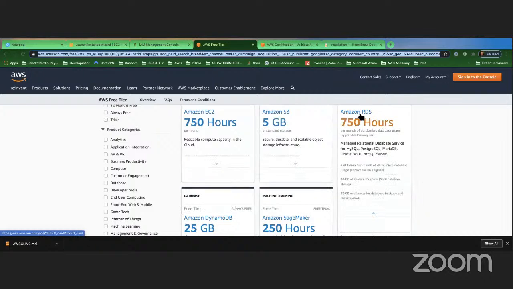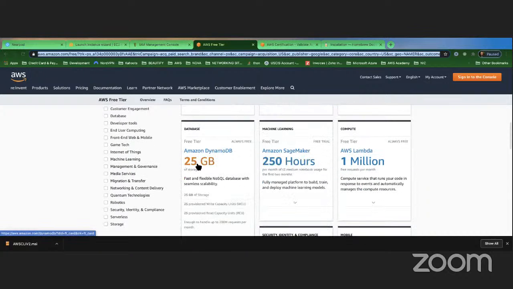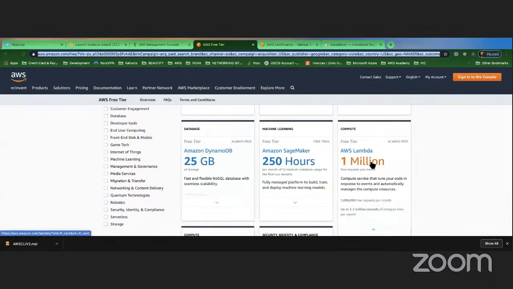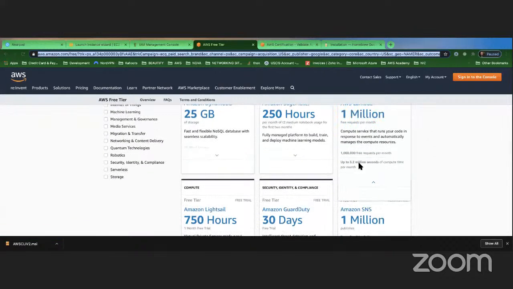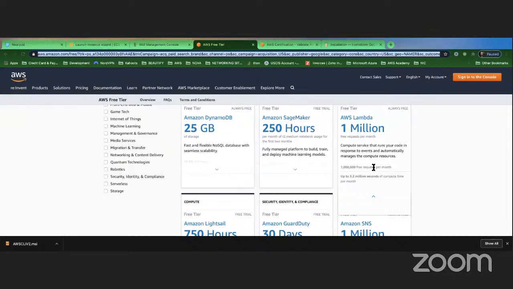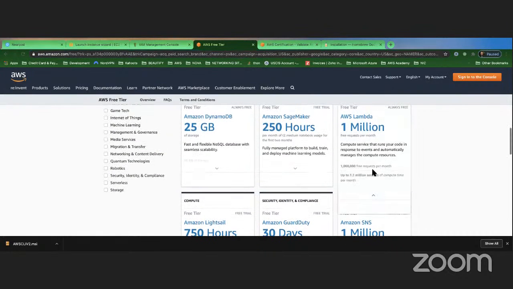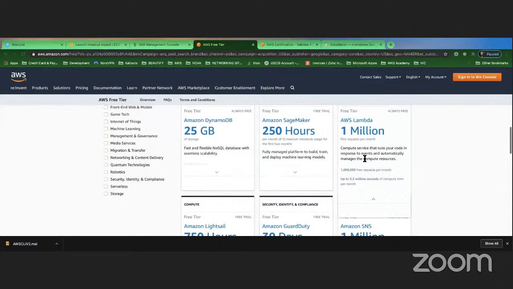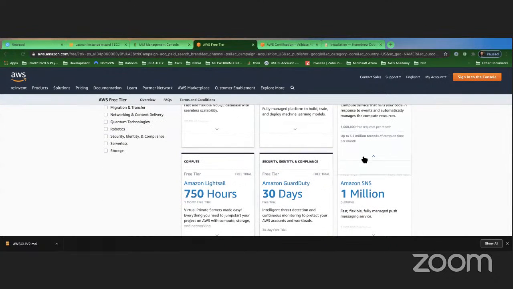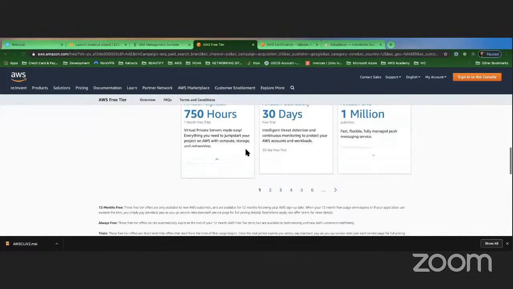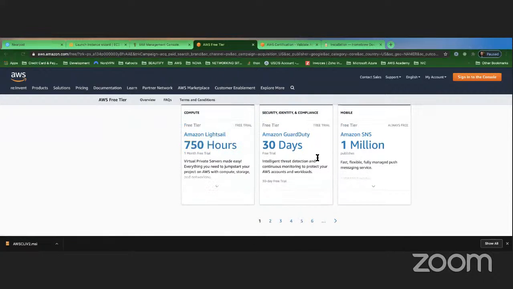You have 750 hours for RDS, for databases. You have 25 gigabytes of storage for DynamoDB. You have Lambda, 1 million requests per month for Lambda. And then after that, I think it is like 25 cents per million, something like that. So guys, when you take a look at the prices that AWS has, it is ridiculously cheap compared to other